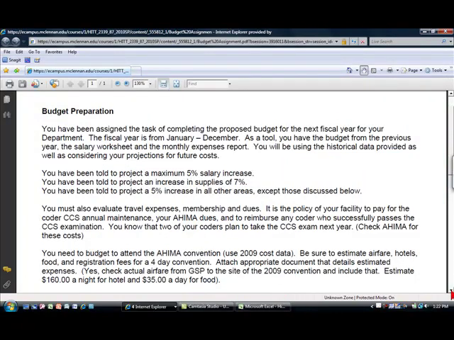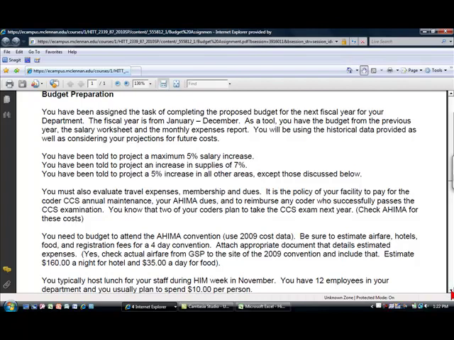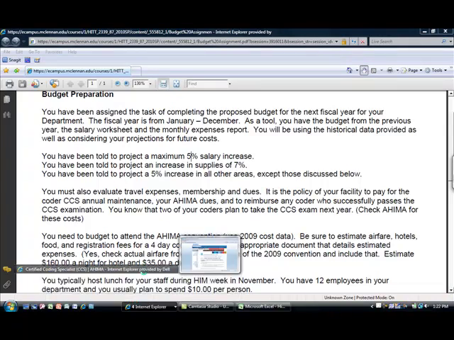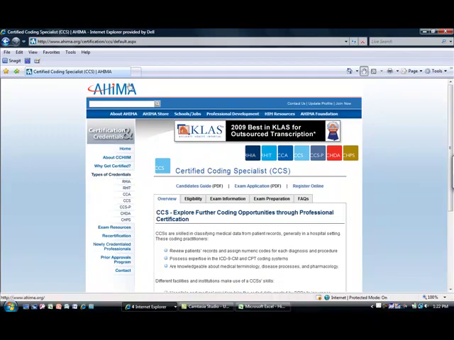The next part says that you need a budget to attend a AHIMA convention using the 2009 cost data. Be sure to estimate airfare, hotels, food, registration, and fees for a 4-day convention. Basically, this is another portion of the assignment. You're going to budget to go to a convention. So if you go to the AHIMA website and you go back and look at how much it costs to attend the convention, let's see,